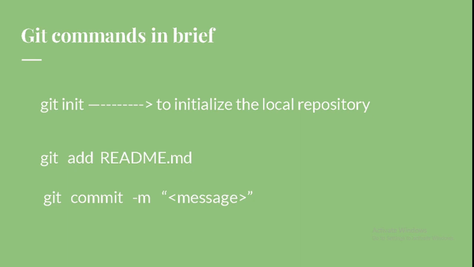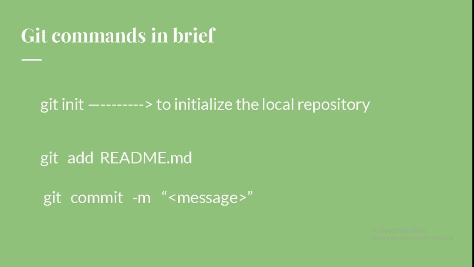If we have staged our project, the third point is to commit it. Commit means all the changes or modifications on the staging area will be committed with a new commit id. So git commit